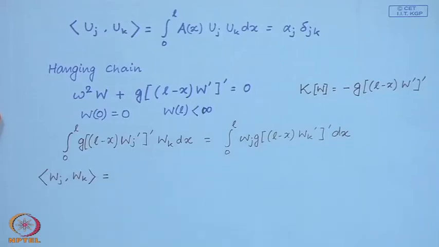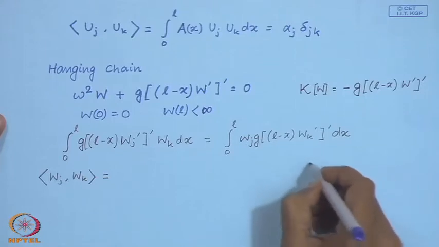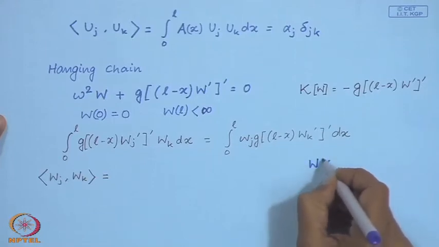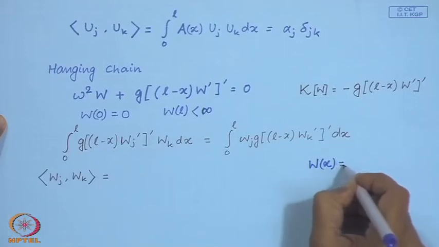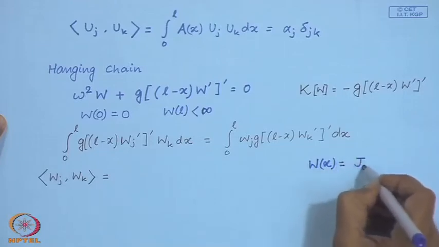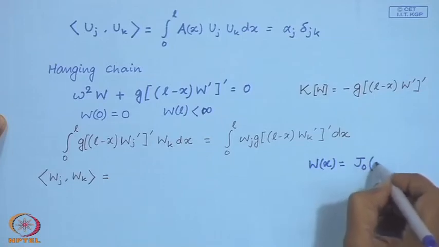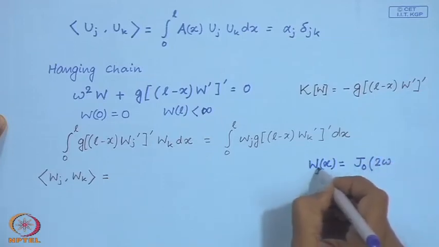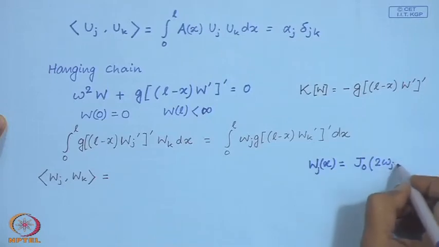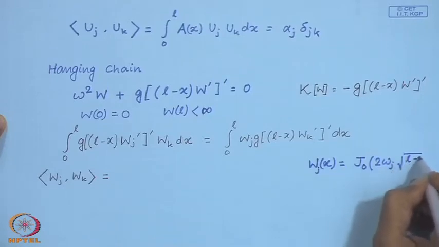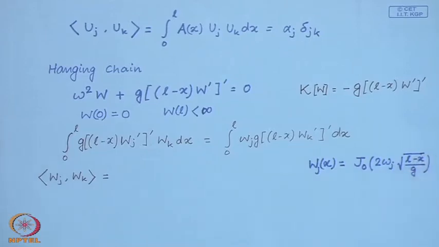So, let me just write down this eigenfunction that we had already derived in a previous lecture. So, this is the structure of the eigenfunction of a hanging chain,